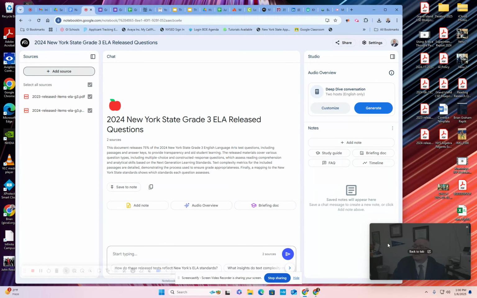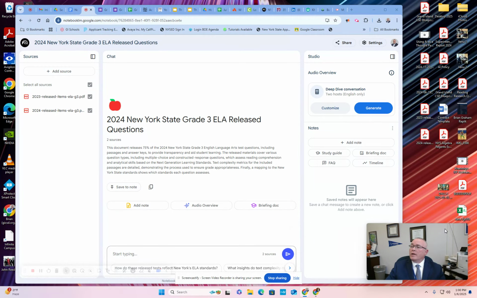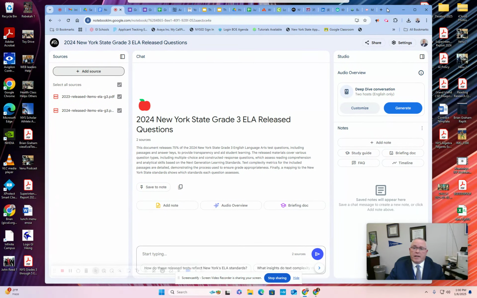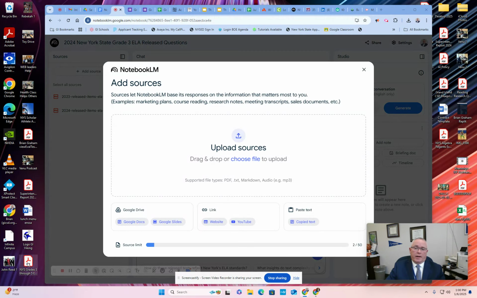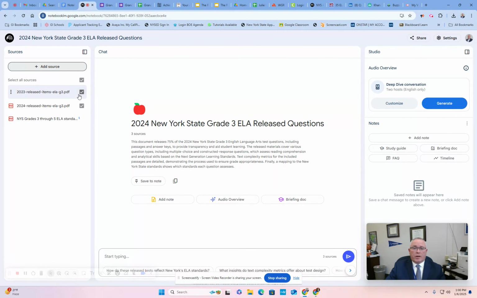And let's see, I think I have an ELA document which would give us the standards from grades 3 through 5, so I'm going to add that document too. So here I've given Notebook LM 3 different sources, and so now I'm going to get to work. This is almost downloaded perfect, so I have these 3 sources, and I'm going to hit generate, which is going